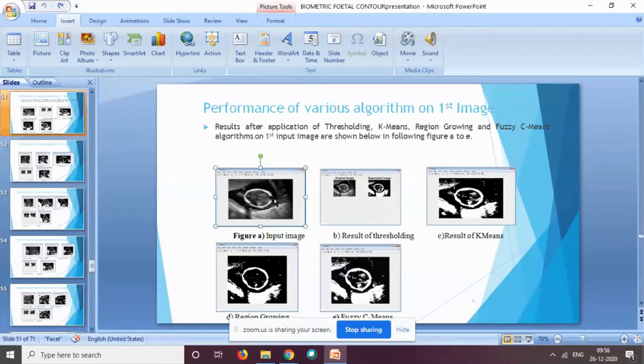My further job is, after analyzing the circular part, I have to study the internal organs of the fetus and find out the dimensions of the particular parts. So I stopped here. I extracted just the fetal contour. So this is the result when I applied this approach on the image. Okay. This is the first image I have shown the output of.